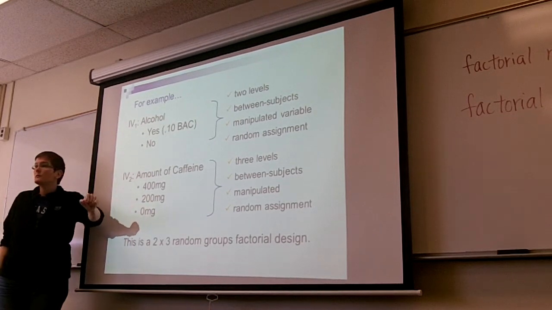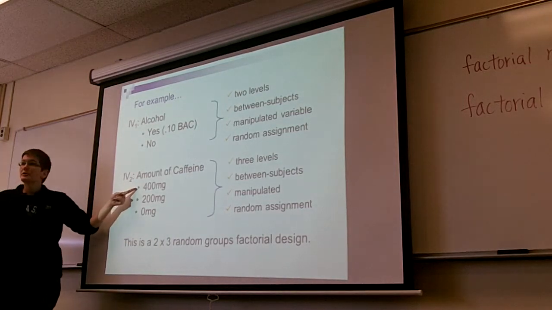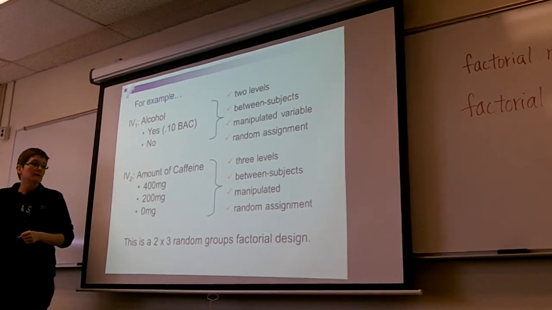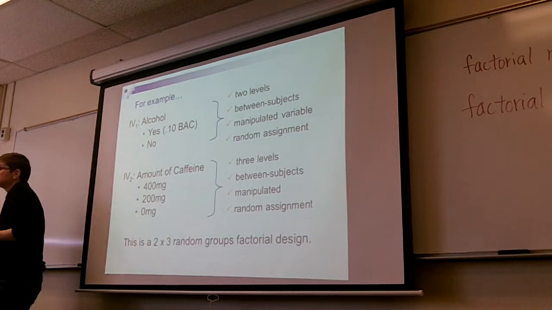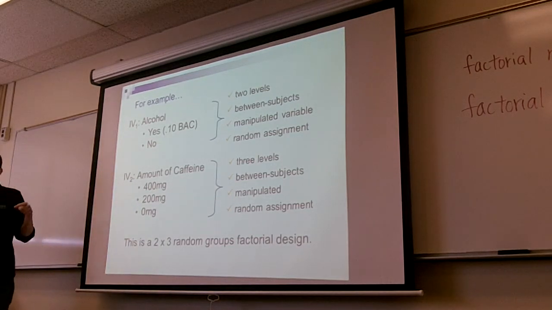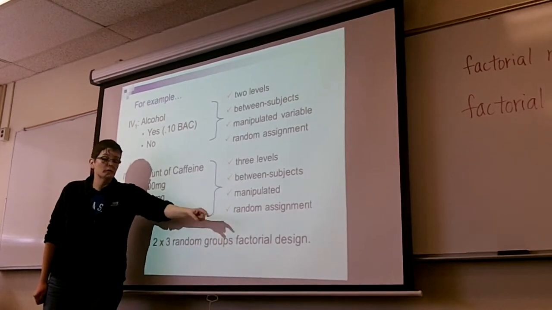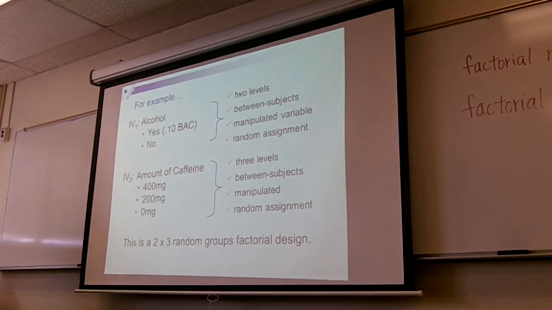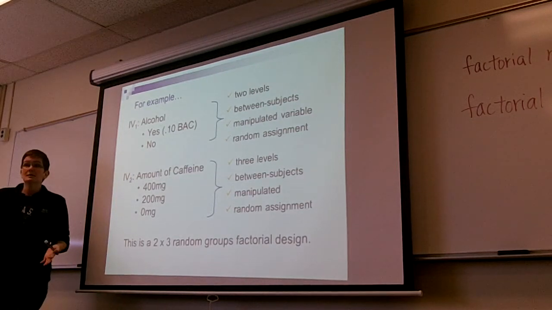Then, same thing for amount of caffeine. Between subjects variable. One group's getting 400 milligrams, another group's getting 200 milligrams, another group's getting 0 milligrams. It's manipulated. I can randomly assign subjects to get one of those things. So I would call this a random groups factorial design because it has all random assignment, all between subjects. Now, just to get a sense of how many different options there are,